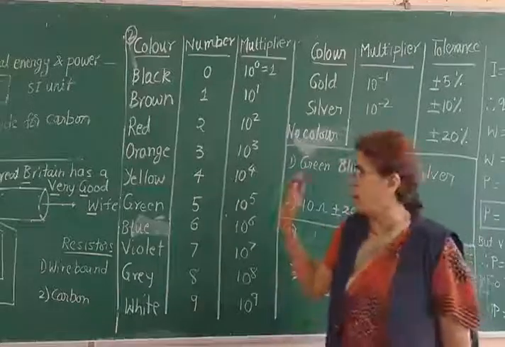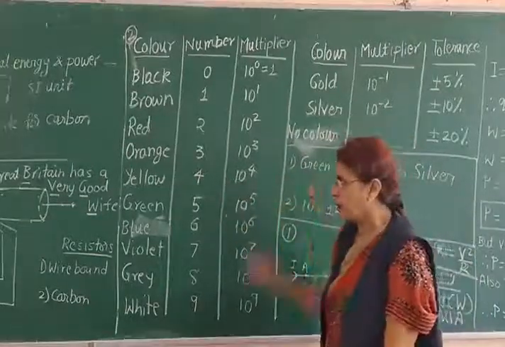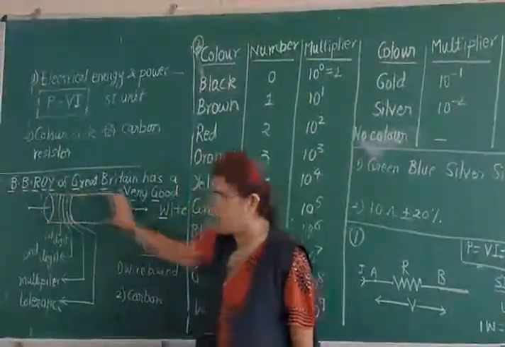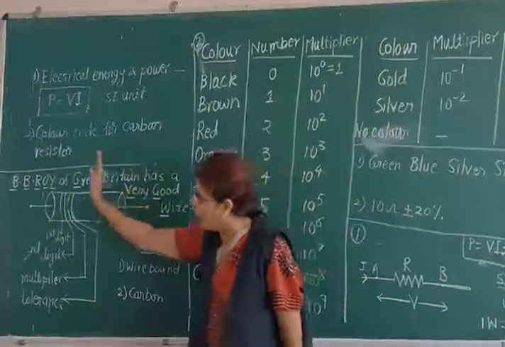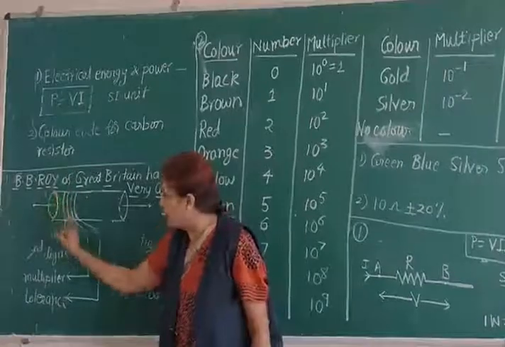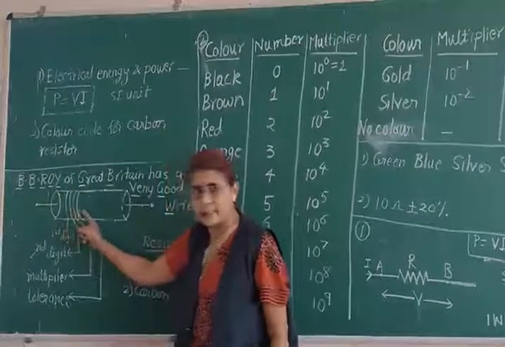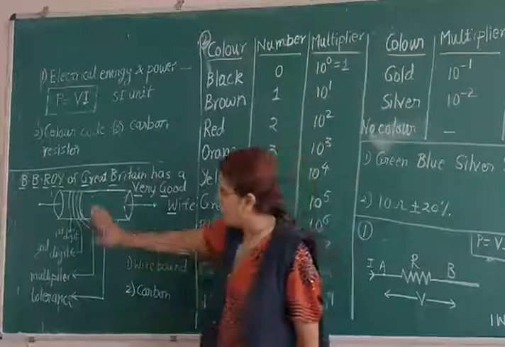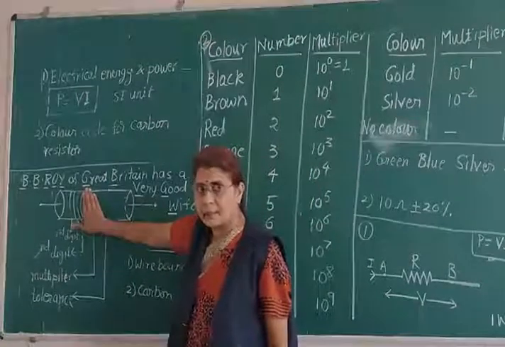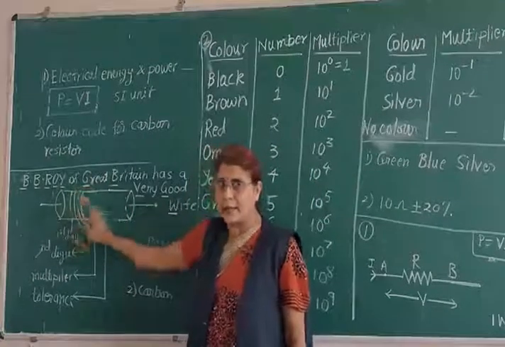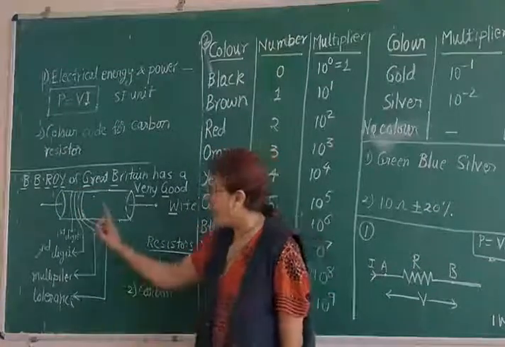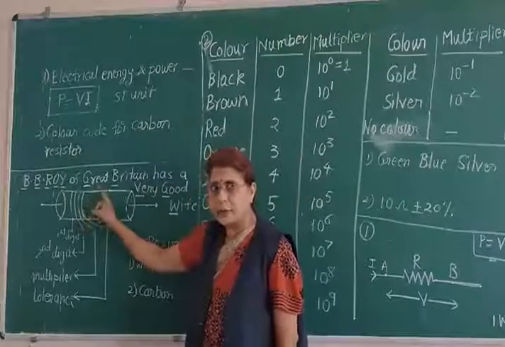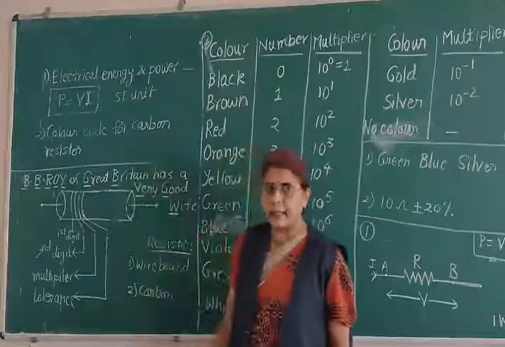So how to find out the resistance using this color code? See the simple figure here, it will explain that. This is a small cylindrical carbon resistor. You have to start from the extreme left side. So you can see 4 colored rings are there. So you have to observe the color of the 4 rings. This 4th band may be there or may not be there, but 3 bands are a must. 3 bands will always be there. Now how to remember that? Say first ring, second ring, third ring and fourth ring. 4 coaxial colored rings are there.